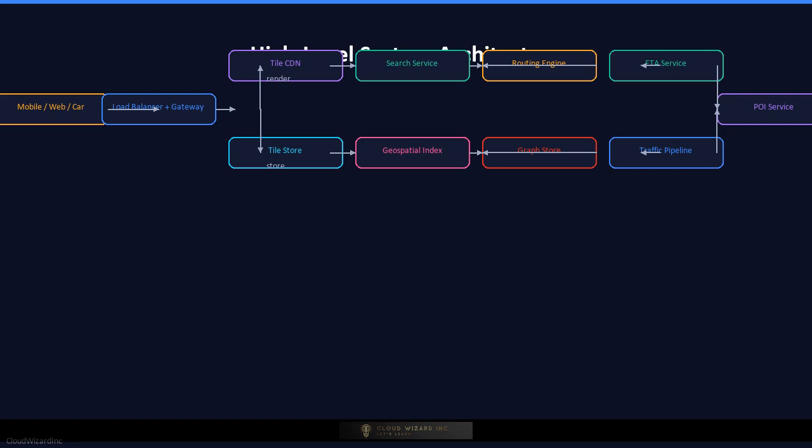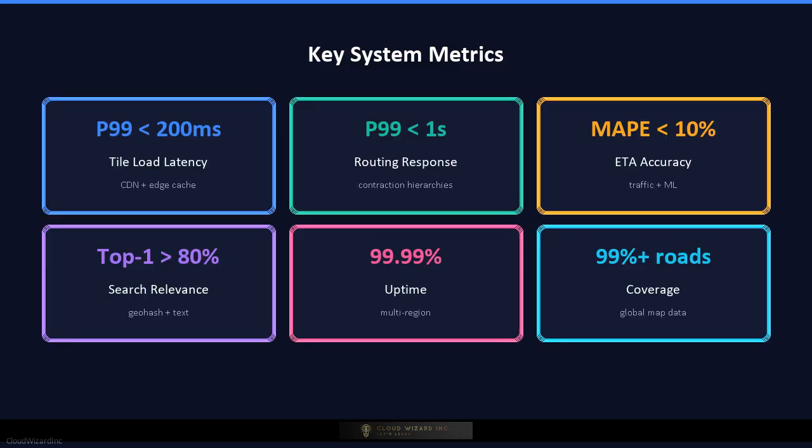Routing and ETA requests are handled by a routing engine that reads a partitioned road graph from a graph store and combines real-time traffic from a traffic ingestion pipeline. Points of interest are served by a POI service with its own search and ranking index. Telemetry from clients feeds back into the traffic and ETA systems to improve predictions. The key metrics to memorize: